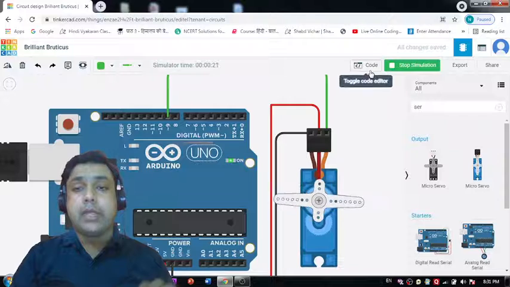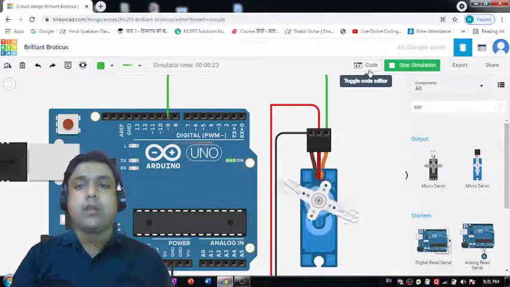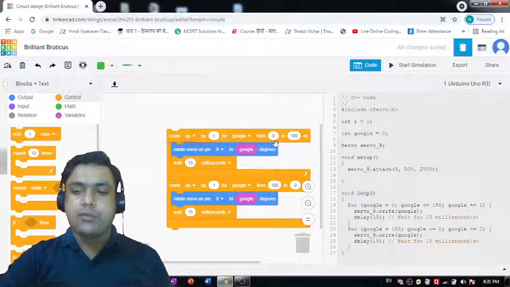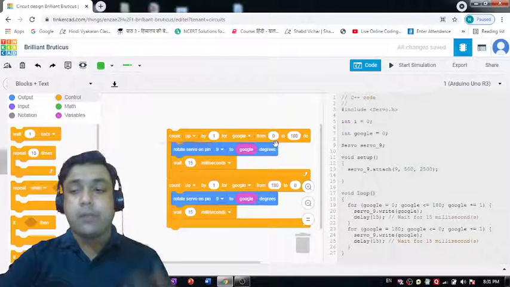If you want to make it move faster, how will you do it? Can anyone just answer this question of mine? If I want to make the movement faster, what can I do in that case?